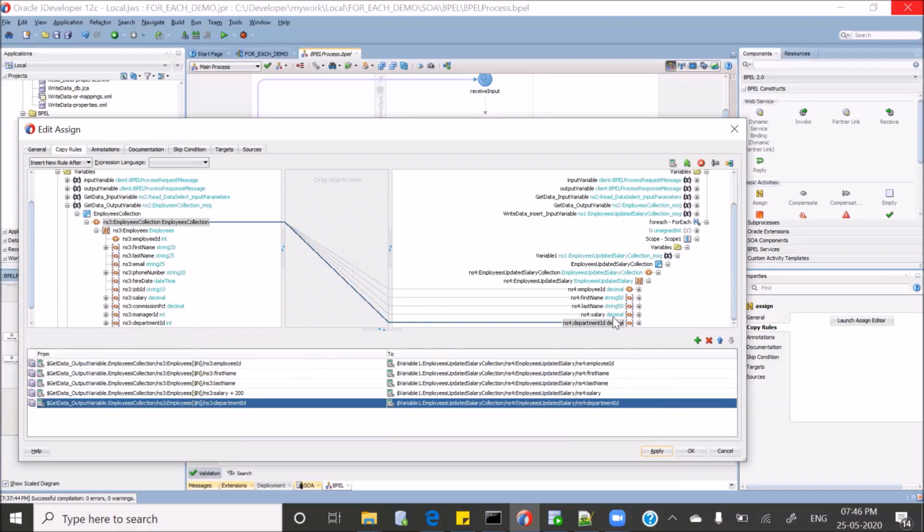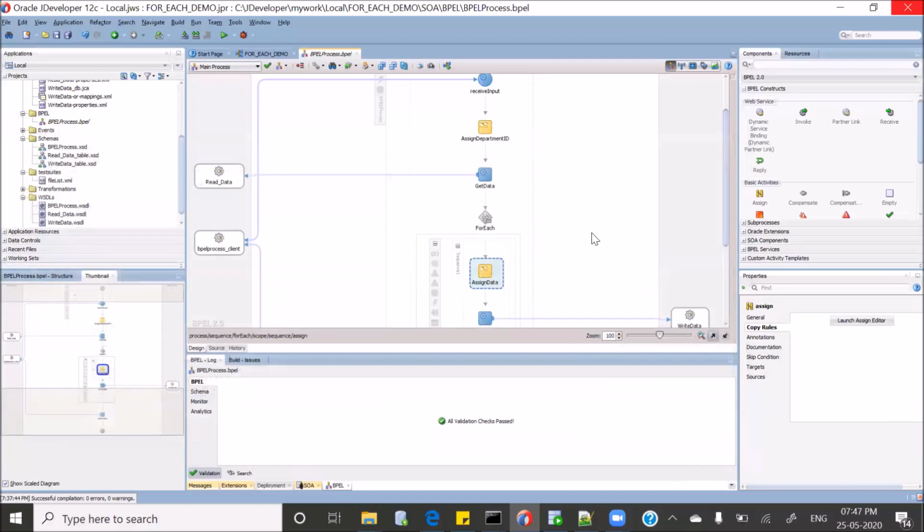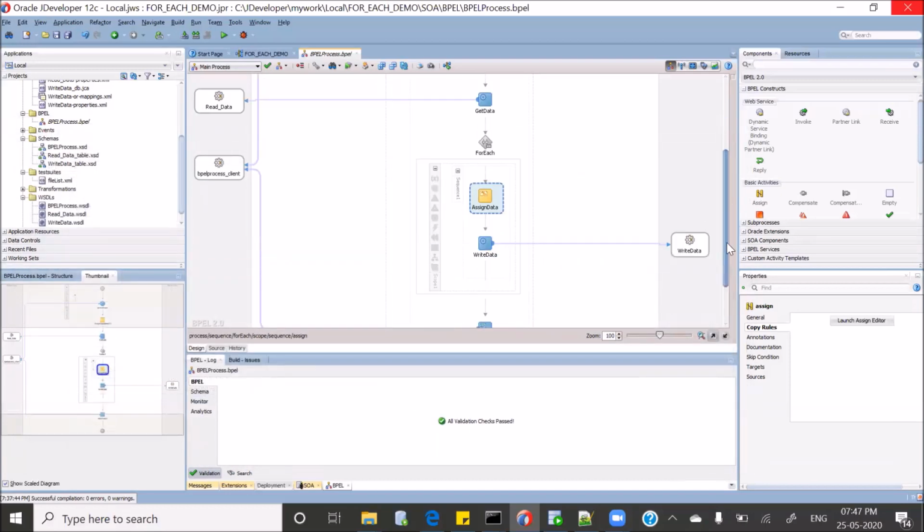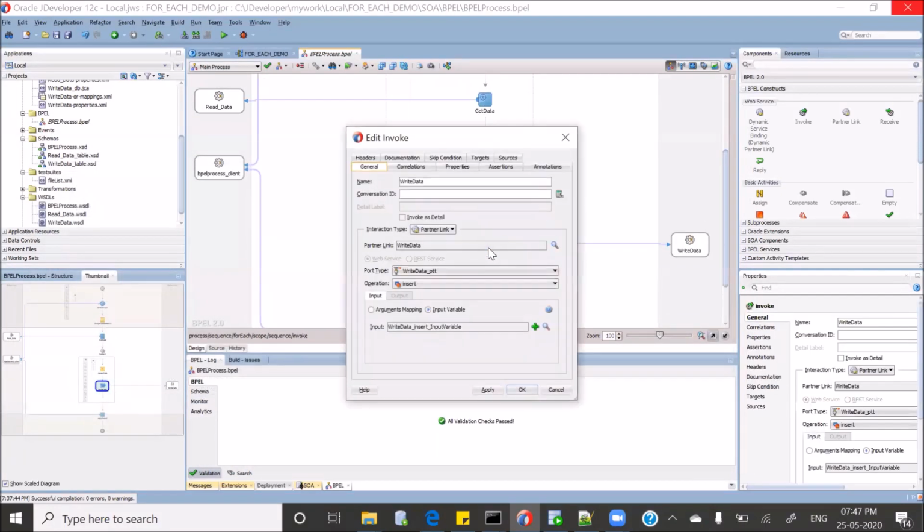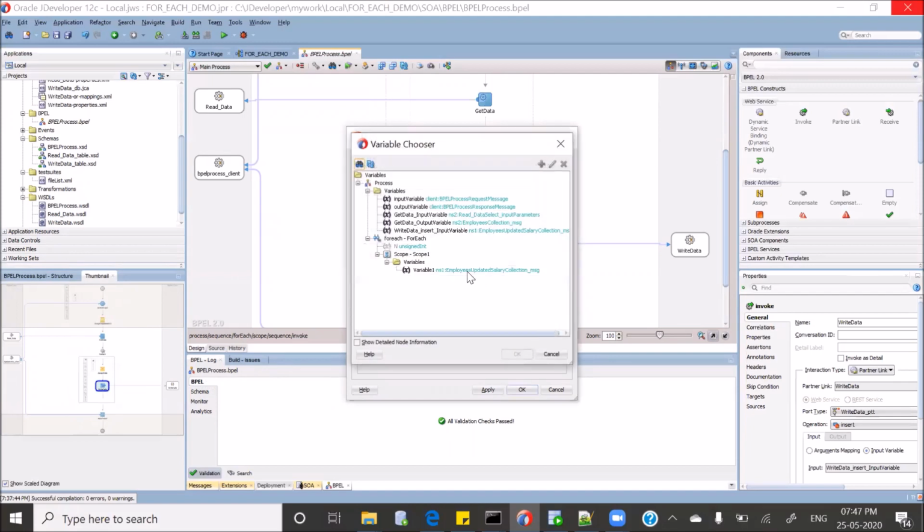Before clicking this OK, whatever variable we have created inside the for each, we are going to use in the invoke activity. I'll show you how. Inside the invoke activity, I created one variable, but we are not going to use that because we did not assign data to it. We assigned the data for the variable which we created inside this for each.